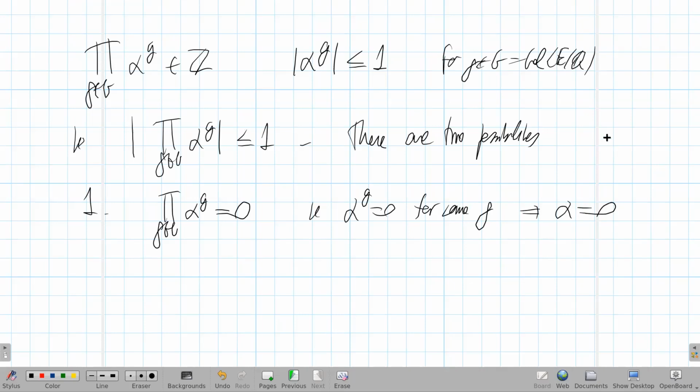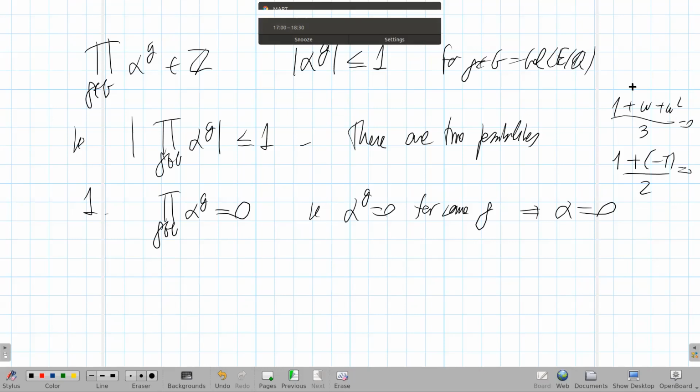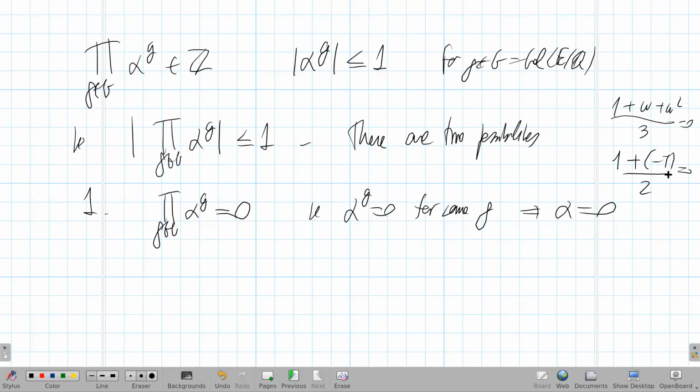Recall, this is what happens, for instance, when the two roots are 1 and minus 1 and you divide by 2. Or for instance, if you take the 3 third roots of unity, their sum is 0, okay? So this is a possibility. The second possibility is that